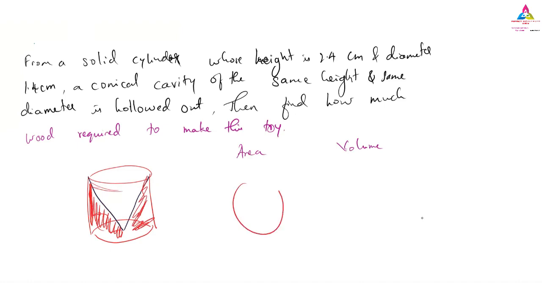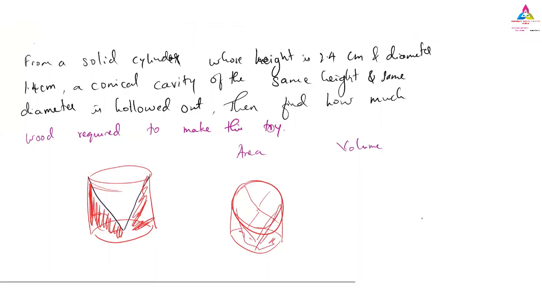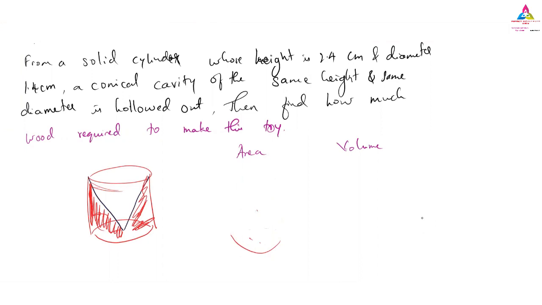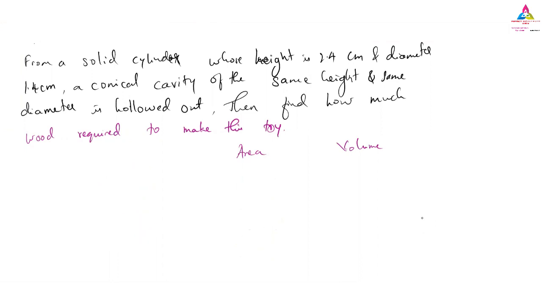If the top view will be like this way, it will be hollow. So like this way, a cone is taken out inside, but the shape is cylindrical. Like this way we have a cylindrical shape. Here this volume will be there. So this is the total about volume and surface area, how we have to understand the question, whether it is the direct form or an indirect form.